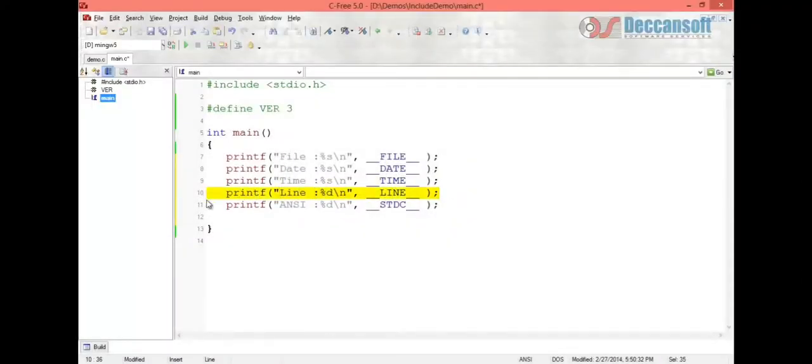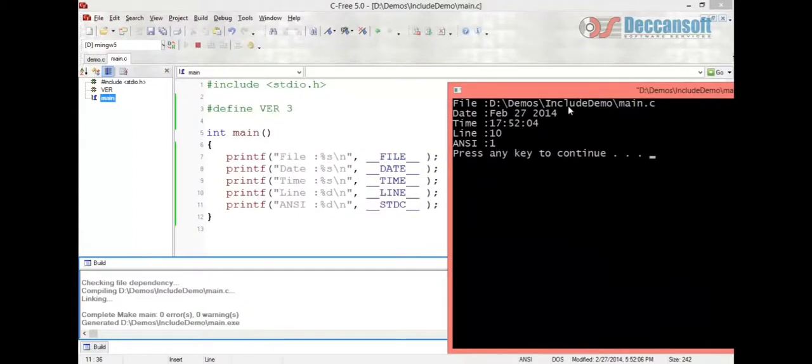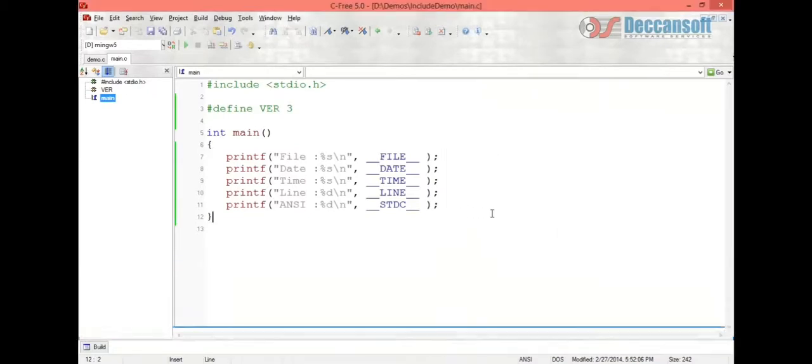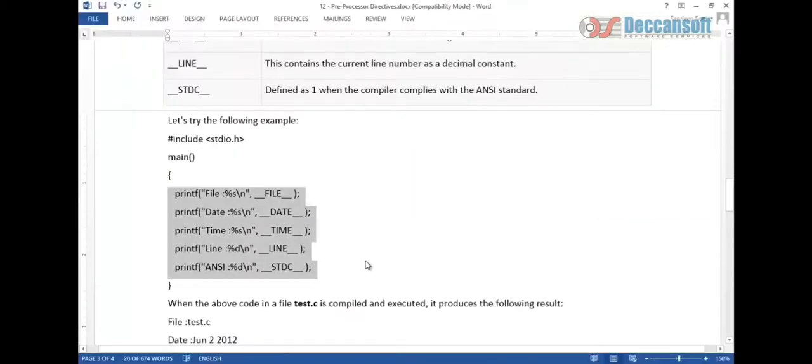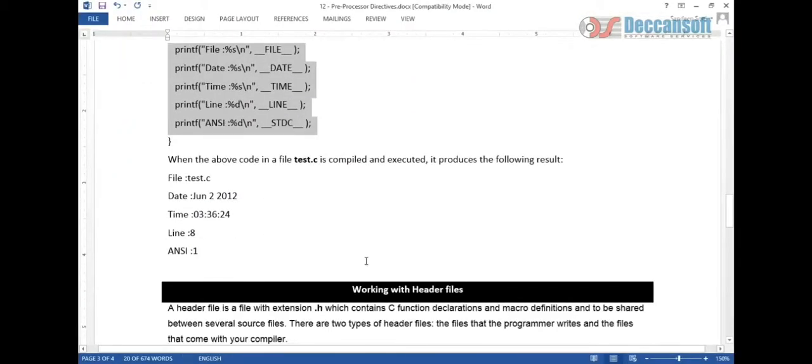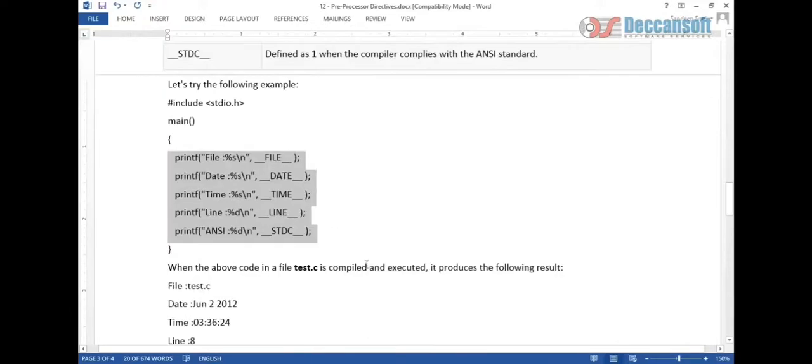So now let's print with printf file equal to %s, line equal to %d, \n. It gives a particular line, file, date and time, that is file equal to demo, date equal to February 27, time equal to 17, line equal to 10, and std equal to 1. It gives the correct predefined value, which was in the computer system before you type any user defined function.